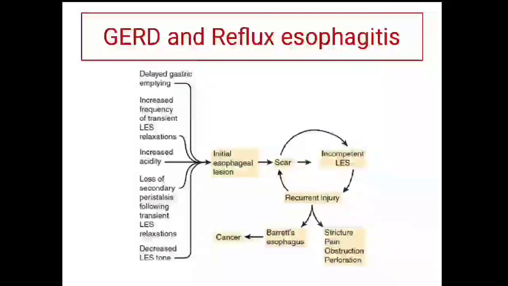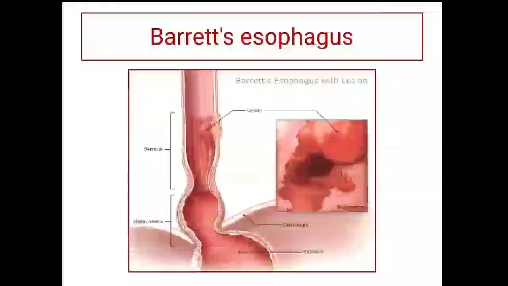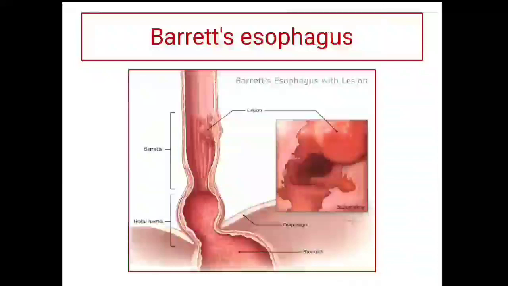We will now discuss Barrett's esophagus in greater detail. We had spoken about this under pre-malignant lesions in the chapter of neoplasia. Barrett's esophagus is a metaplastic condition. Recurrent contact of the esophagus to gastric acid causes change in the nature of the lining mucosa. The esophageal epithelium is stratified squamous. As you can see in this diagram, the pale pink matte finish mucosa of the esophagus is how the stratified squamous epithelium looks like.